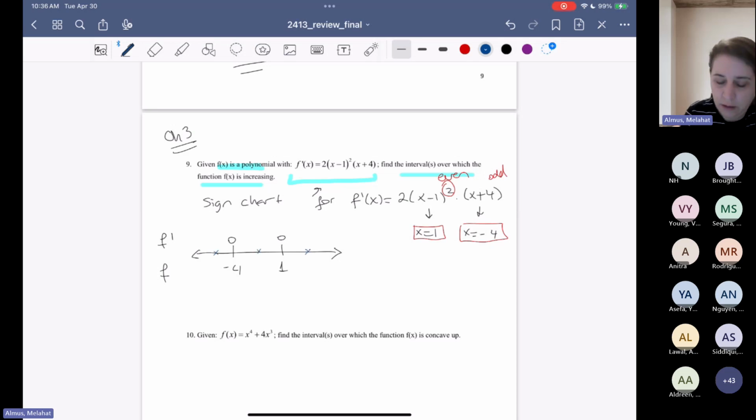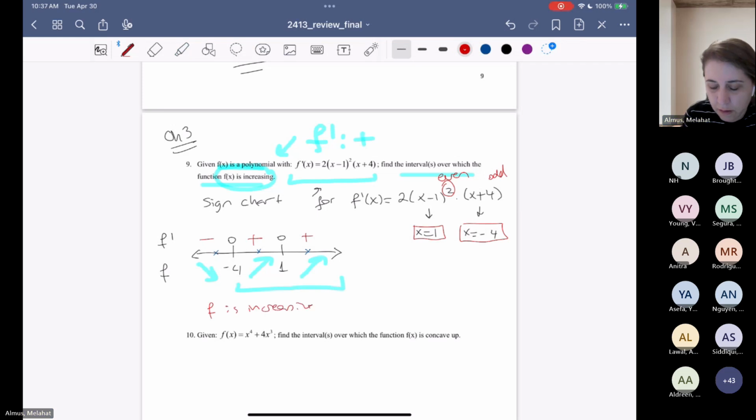Just any value in that interval produces the same sign, positive or negative. That doesn't change. So it's going to be plus, plus, minus. And we're looking for increasing, so we need f prime plus, right? So the function is decreasing, increasing, increasing. So our final answer will be f is increasing on